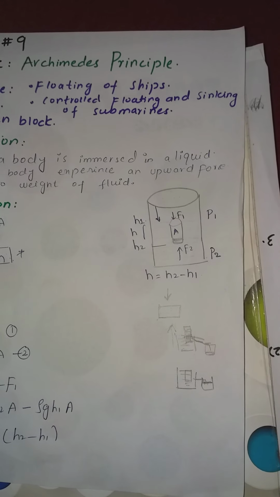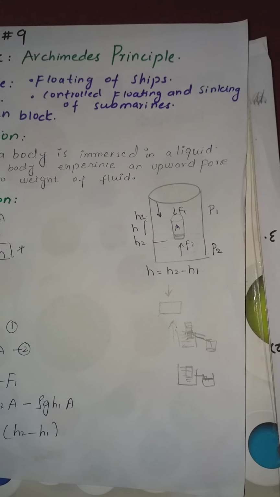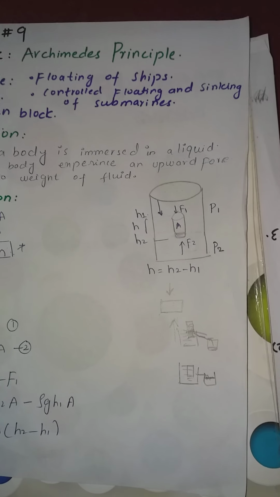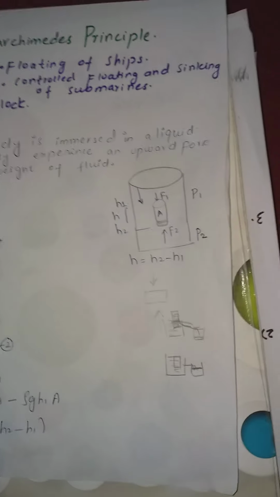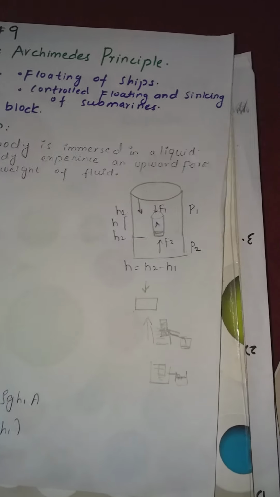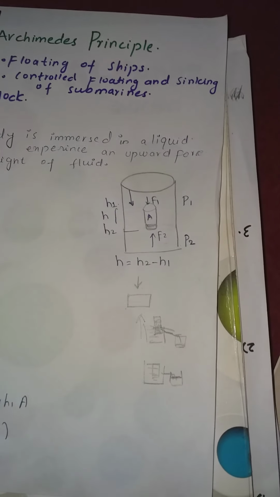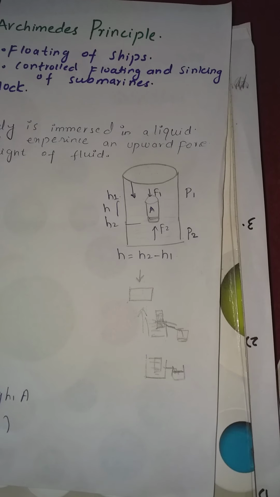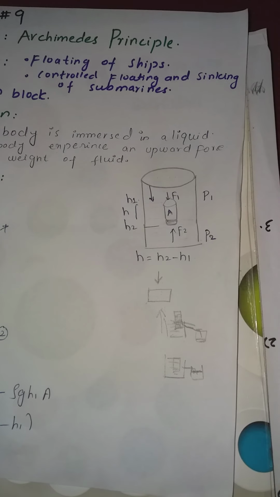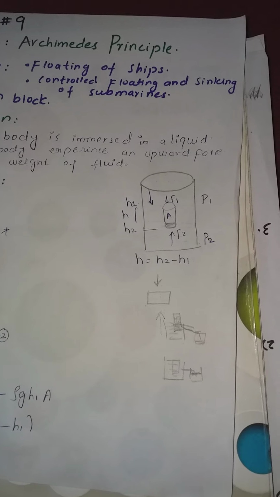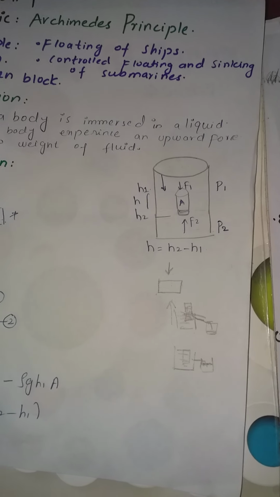क्योंकि सबमरीन को एक स्पेशल तरीके से डिज़ाइन किया गया होता है कि वो सिंक भी कर सके और वो सबमरीन ऊपर वाटर के फ्लोट भी कर सके, ठीक है। साइंटिस्ट ने डिज़ाइन किया। सबमरीन्स आर फिल्ड विद लार्ज हॉलो टैंक्स, ठीक है, उसमें हॉलो टैंक्स मतलब उसको ऐसे डिज़ाइन किया जाता है कि जब वो चाहे उसमें वाटर भर जाए, जब वो चाहे वाटर निकल जाए, ठीक है, और उसमें हॉलो टैंक्स होते हैं, ठीक है। If